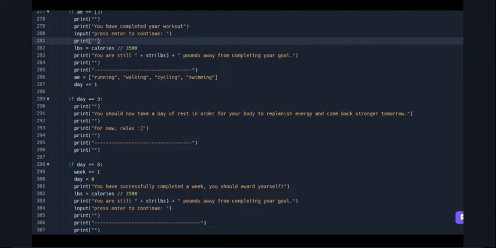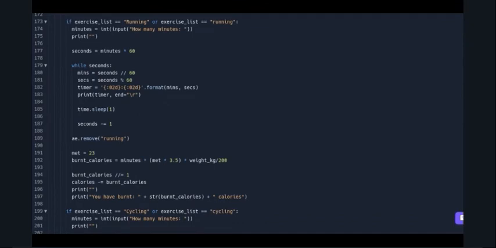In the next part, which is the actual exercise part, it runs on a constant loop until you lose all the pounds, or you reach your goal. Your goal is to basically lose the amount of pounds that you set up in the beginning. And it'll constantly repeat until that reaches zero or goes under zero. How it starts off is like a day, and then there's the week, and then it will tell you what exercise you've done, gives you a list, and tells you how the running or aerobic exercises work,